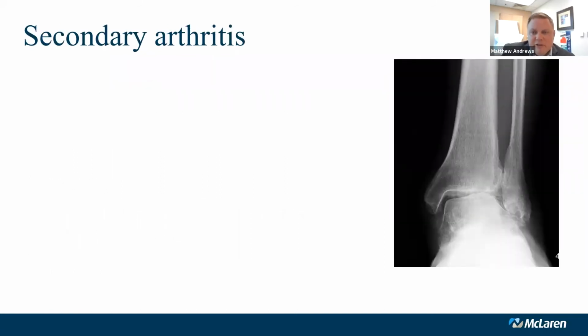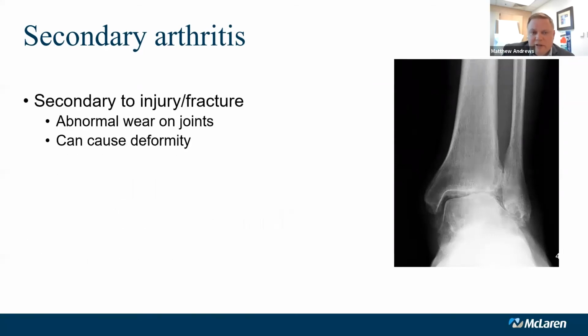Secondary arthritis is very similar, but secondary arthritis is always related to some sort of a traumatic injury or some other condition. So the most common cause that we see for secondary arthritis is someone who had an ankle fracture that may not have had enough displacement to warrant surgery, or maybe they weren't good candidates for surgery or they didn't want the surgery. But because of the injury, you get some progressive abnormal mechanics or destabilization of the joint. So the joint starts to wear in abnormal patterns, and this wear and tear over time can lead to deformity, can lead to pain, and can lead to erosive loss of the cartilage.